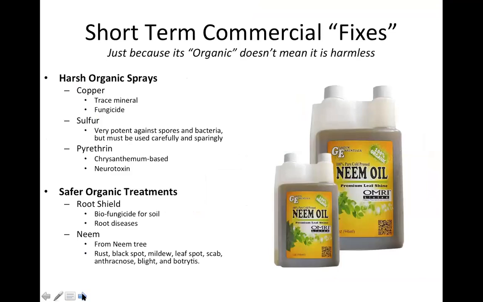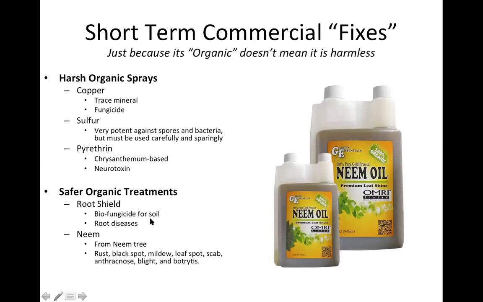So again, some sprays. These are all organic, FDA approved, OMRI, whatever, organic something. I forget what it means, but they're also pretty harsh. I wouldn't use any of these sprays unless you kind of know what you're doing, like copper and sulfur and pyrethrin. Sometimes you'll get neem that's cut with some of these things. So just be aware. Sometimes maybe you do want it, if you're having really bad issues,